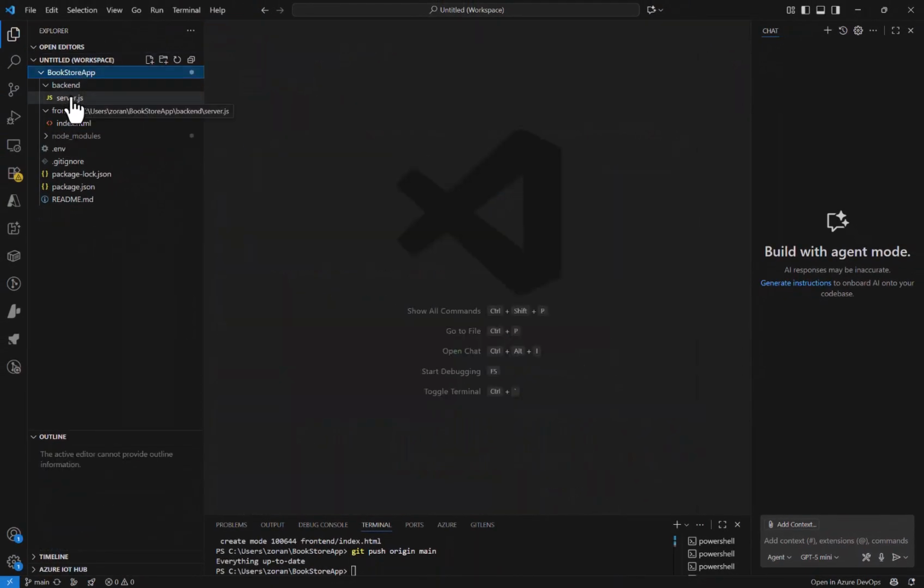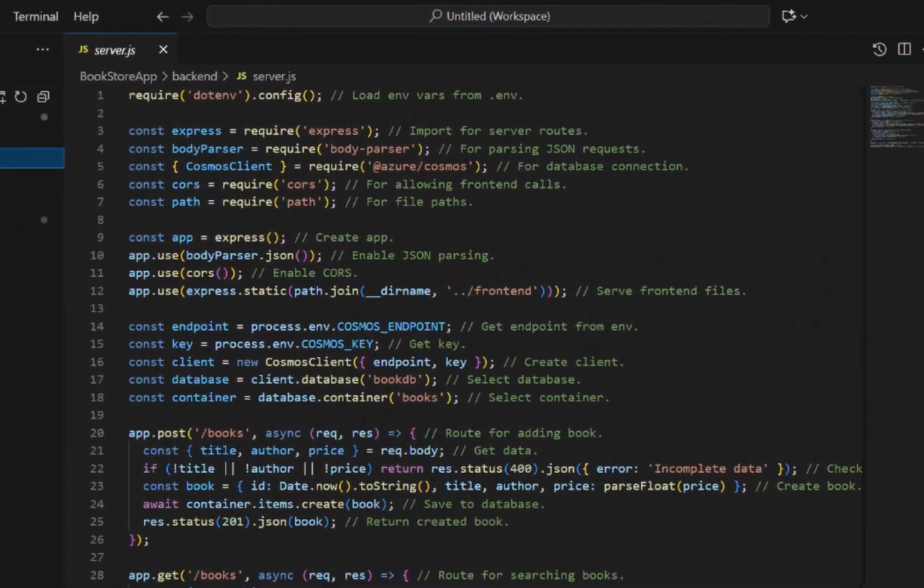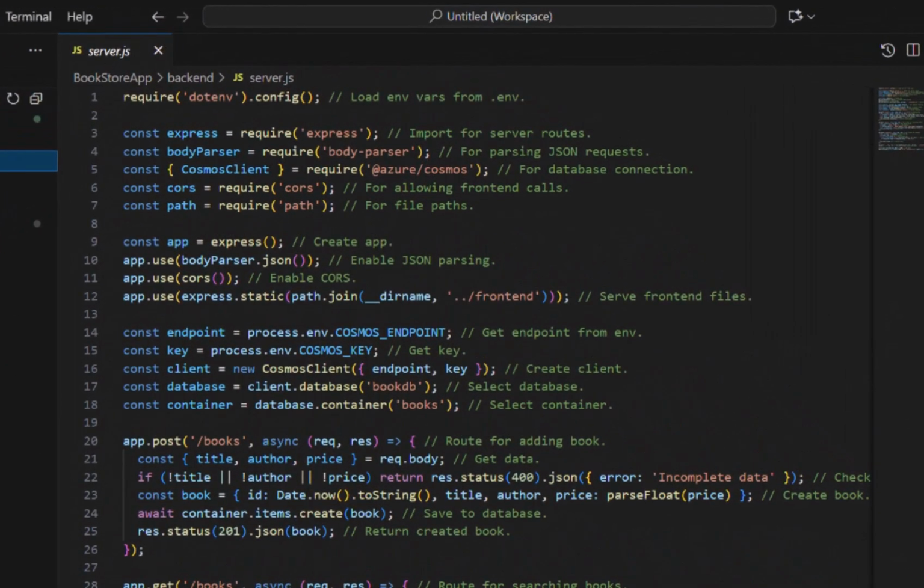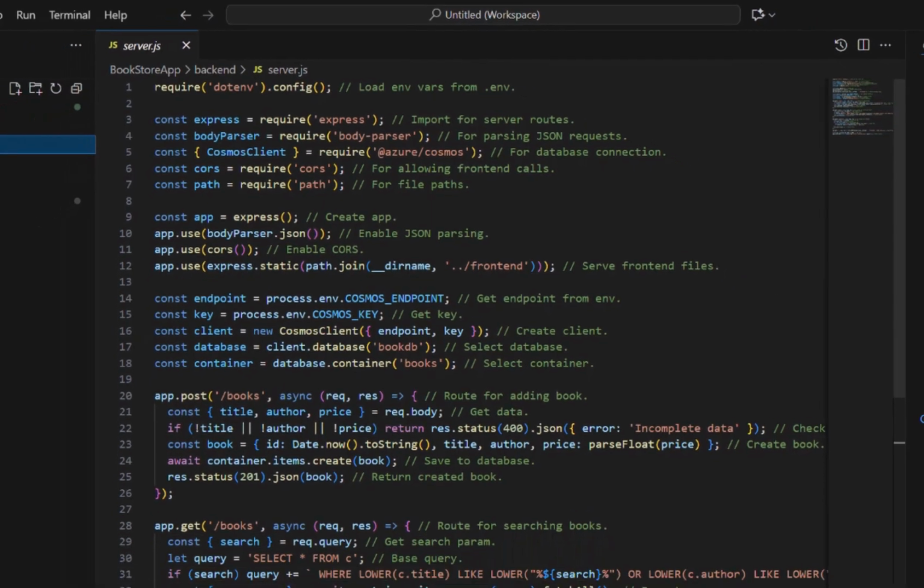Finally, I created server.js in the backend folder. This file plays a critical role as the main backend script that manages the server logic. This file is the heart of the backend, connecting the frontend to Cosmos DB and enabling the DevOps workflow for